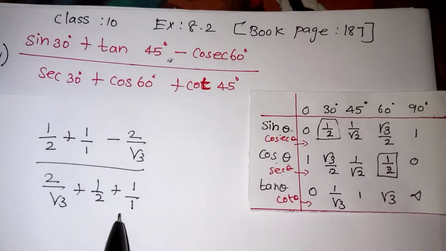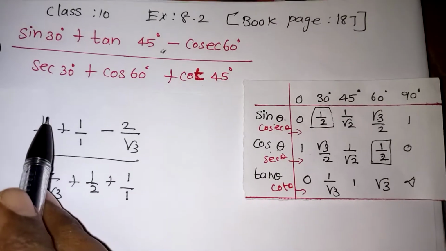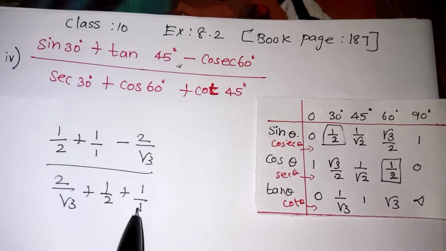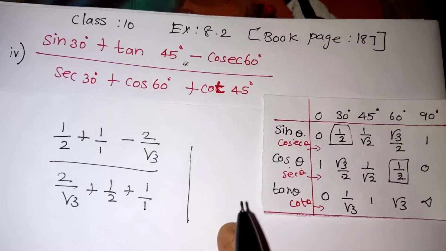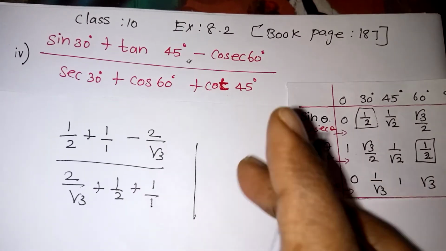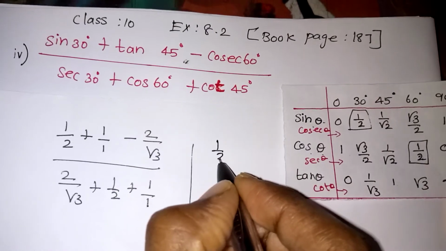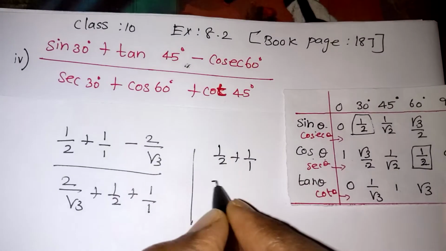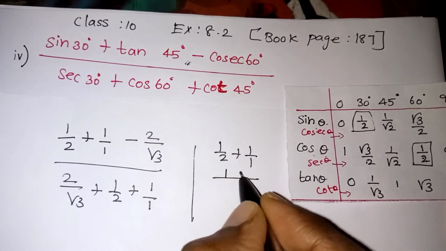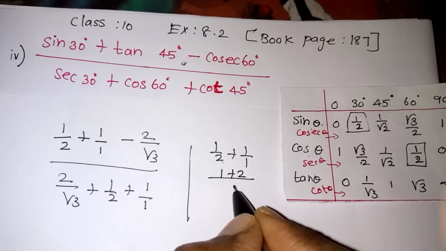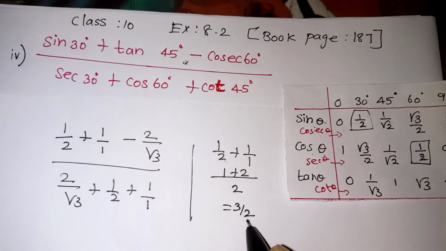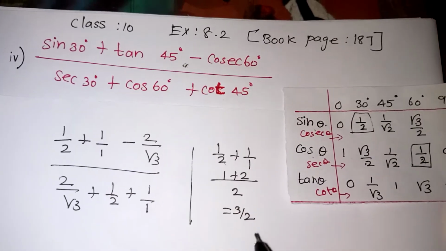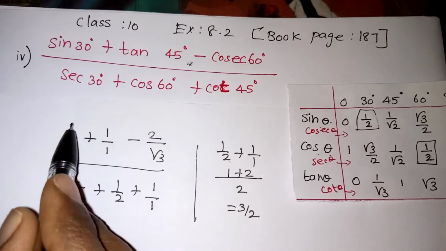Look at the numerator and denominator. We have a common term, that is 1 by 2 plus 1 by 1, common in both the numerator and denominator. First you just do it in your rough column. So here we have 1 by 2 plus 1 by 1. So do the LCM. 1 1s are 1, 1 2s are 2. Denominator 1 2s are 2. So 3 by 2 is your value. That is answer for 1 by 2 plus 1 by 1. Answer is 3 by 2. So we can take this away.